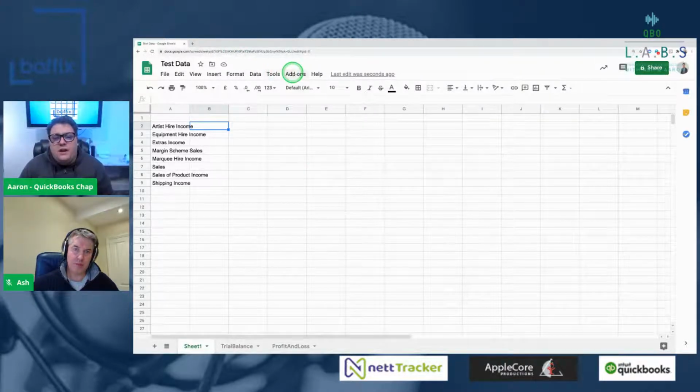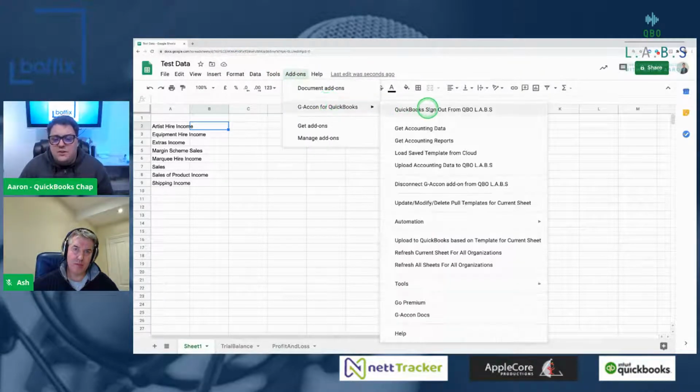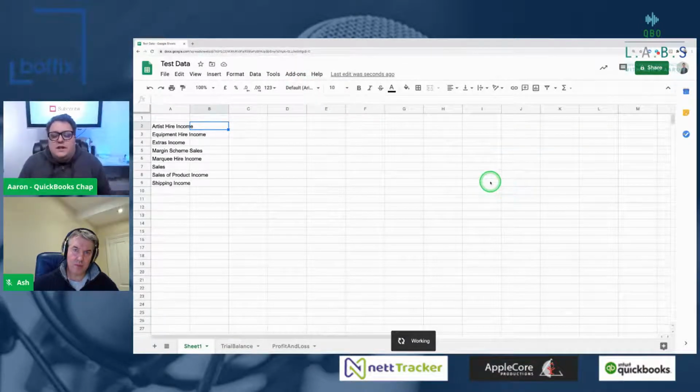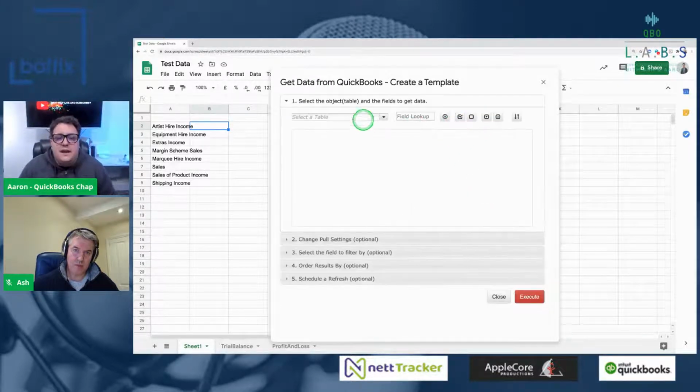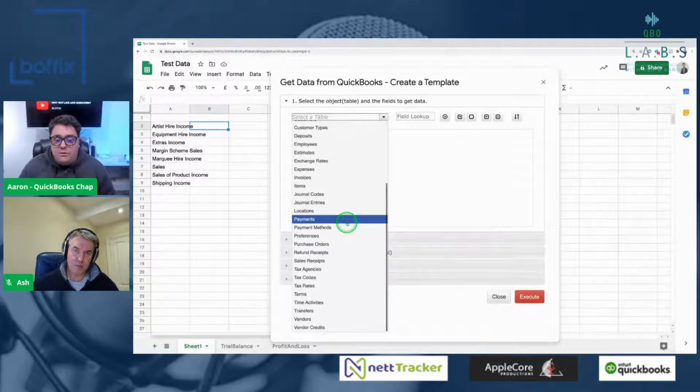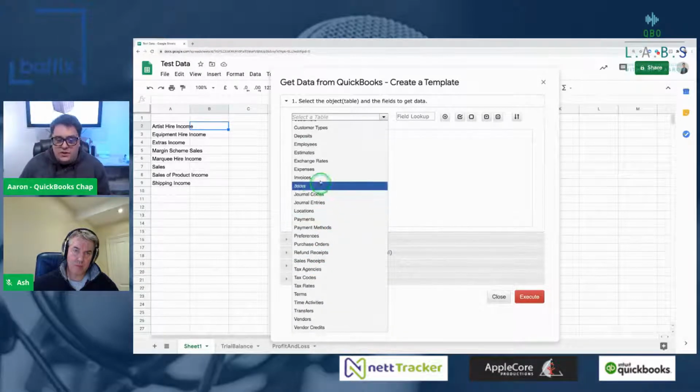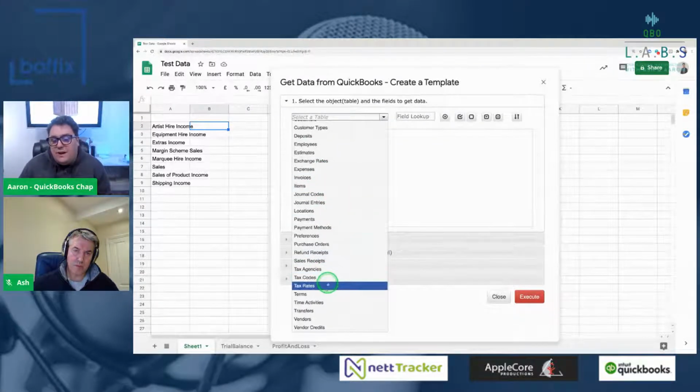Furthermore, if you look into the add-ons and look at the options you've got here, you even have the option to bring down accounting data itself. So you can bring journal entries down, you can bring bills or expenses. There's a whole range of data that you can interact with if you need to. So you can really start looking at getting data in from the company itself, bringing in journals and expenses and all manner of different types of data that come down.